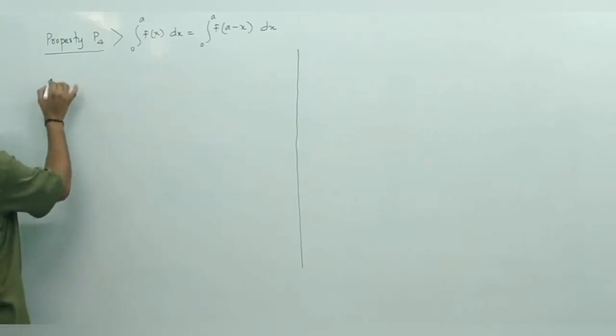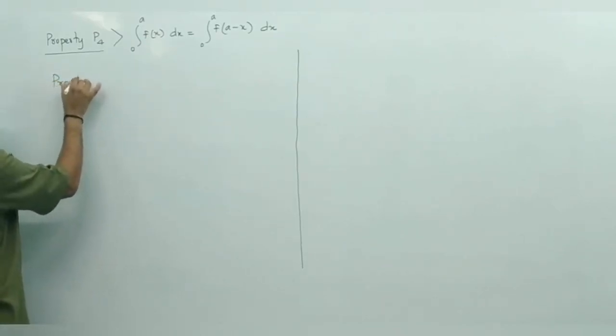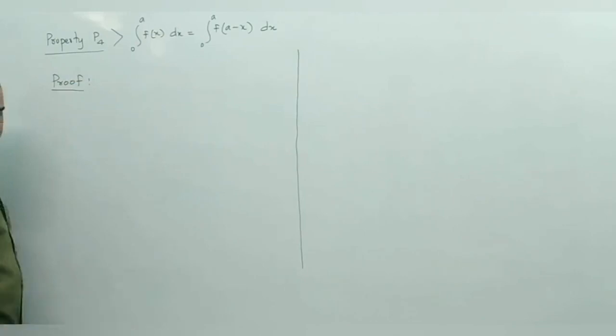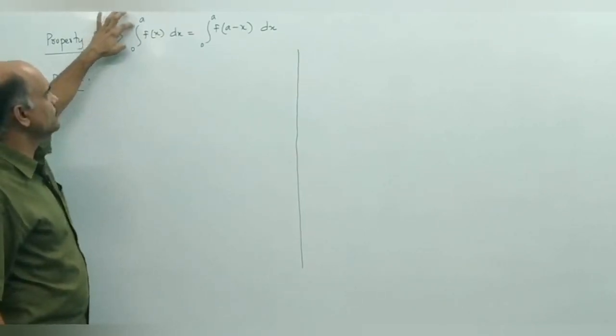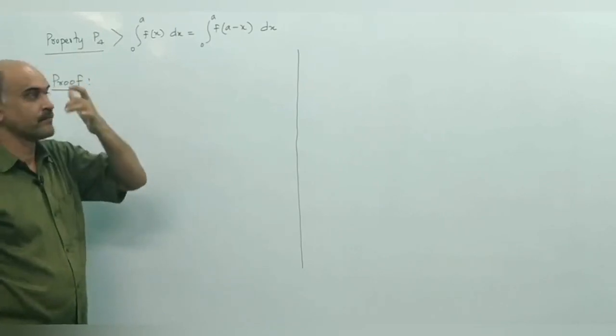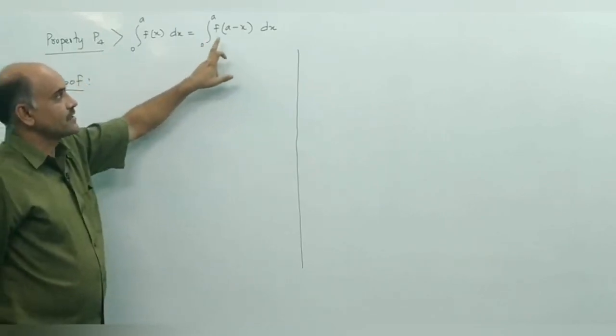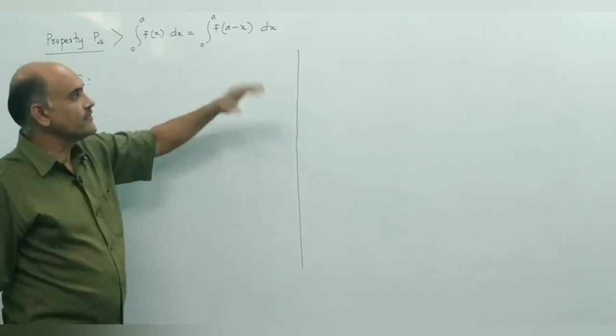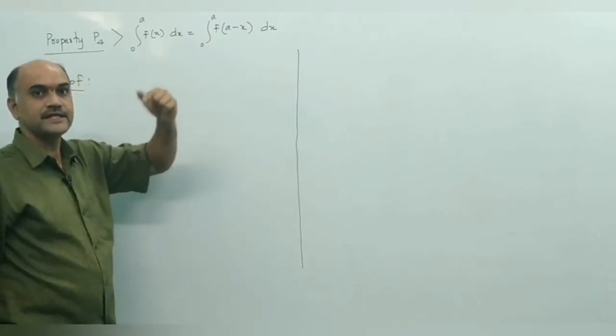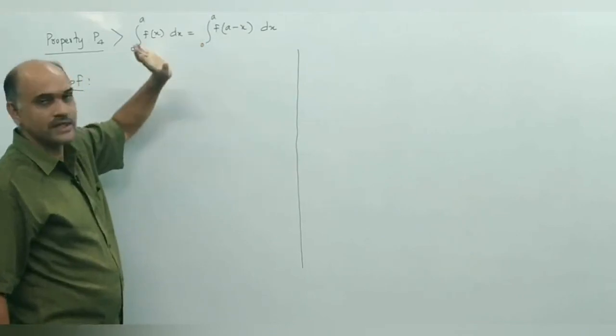So next one, students. Same as the last property we have solved. It is similar to that. Instead of a to b it is 0 to a. So again you are required to start from RHS. It is a modification of the last property. There it is from a to b, here it is from 0 to a.